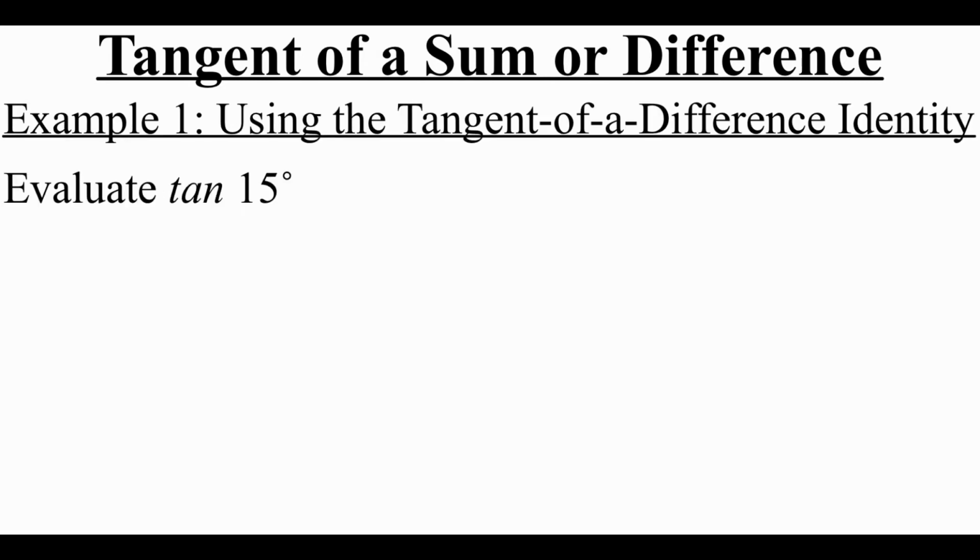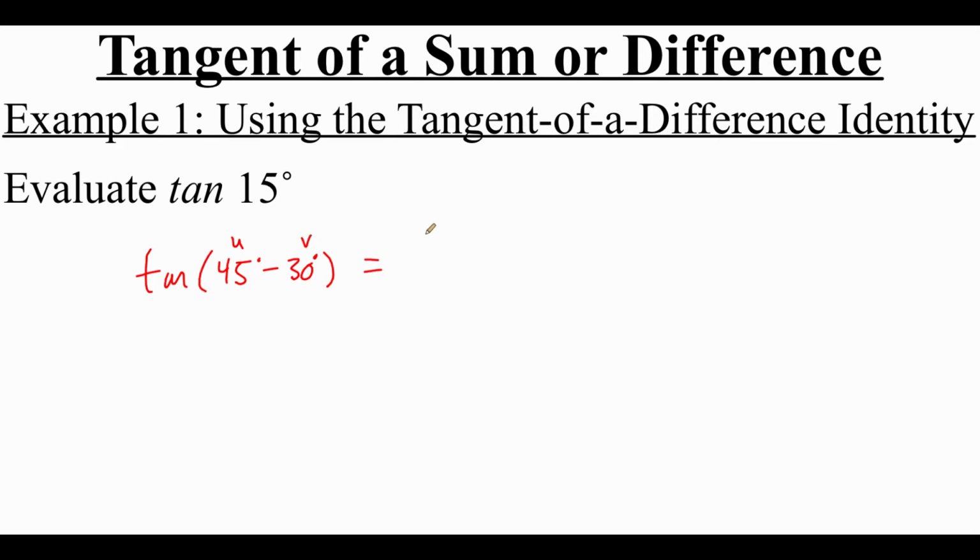So as we're taking a look at this first example, we want to try to evaluate the tangent of 15 degrees using our unit circle and one of our formulas. And we're going to use a difference formula because we can think about the tangent of 15 degrees as the tangent of 45 minus 30. So my 45 degrees is going to be my u value and my 30 degrees is going to be my